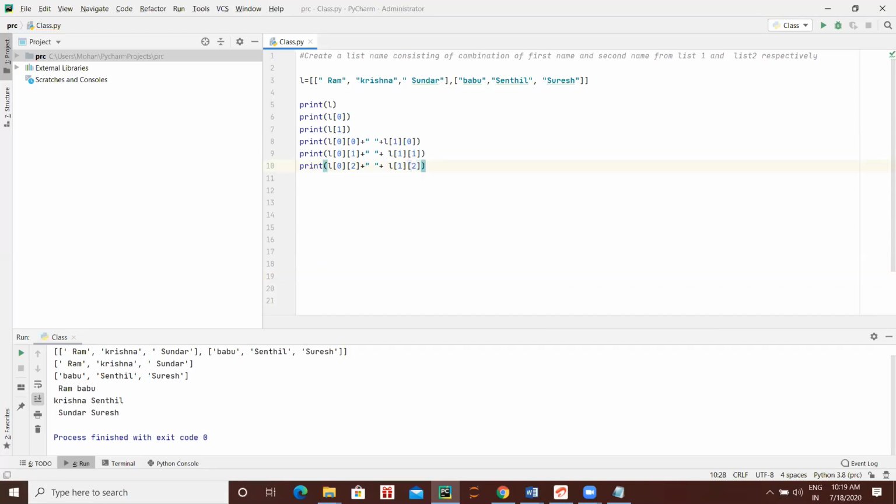Okay, so this is the basic way of doing this, but this is not the actual way. Now if there are 100 names, are you going to write like this? So you have to put some loop so that this i will change from 0, 1, 2, 3 automatically. That is your homework. Now I'll tell you how to use the map function here.